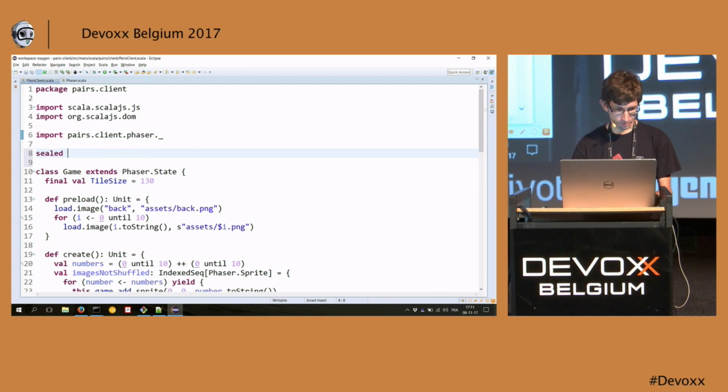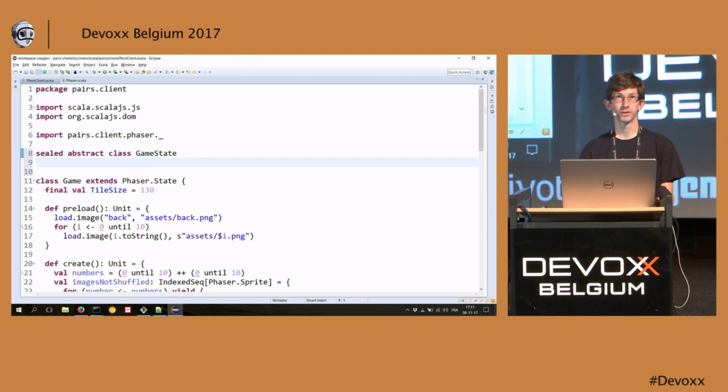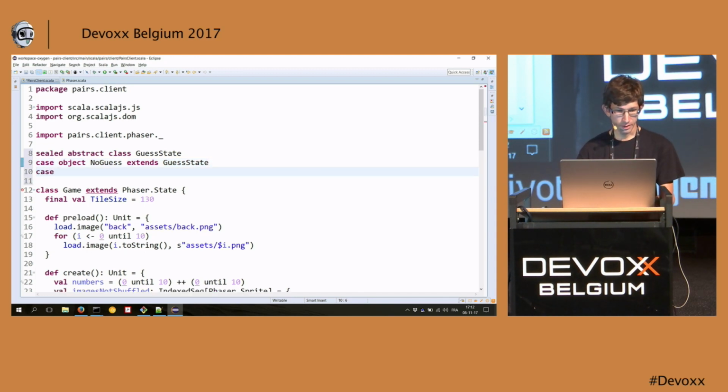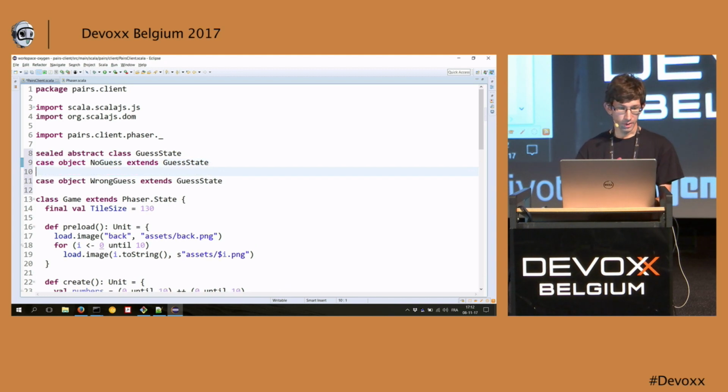So I'm going to declare those things. And for this, I'm going to use a sealed abstract class, which is basically a hierarchy of classes, and I have a couple variants, but not any other variant. So one thing could be I made no guess so far. Let's call it guess state. It's even better. So either I'm making no guess right now, I'm waiting to click on my first card, or I could be in the wrong guess state, where I have clicked on both cards and they were not identical. But then there is a case in the middle, which is I have clicked on one card and I'm waiting to click on a second card,